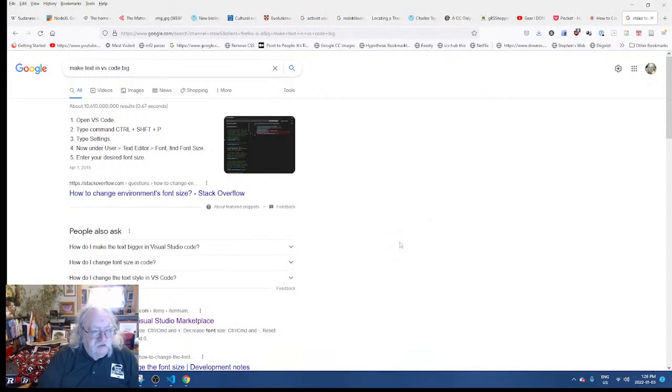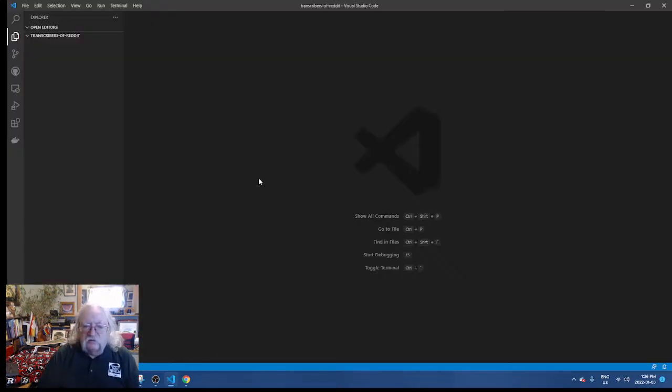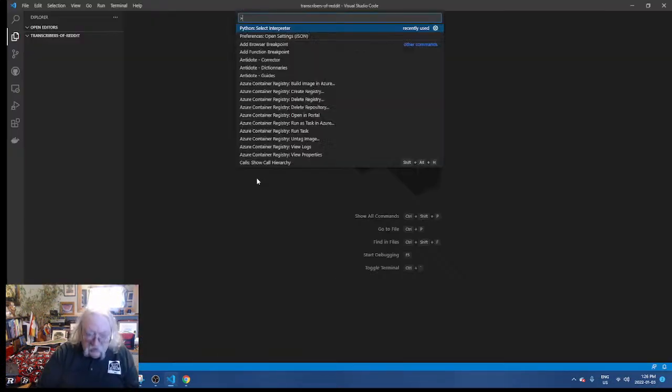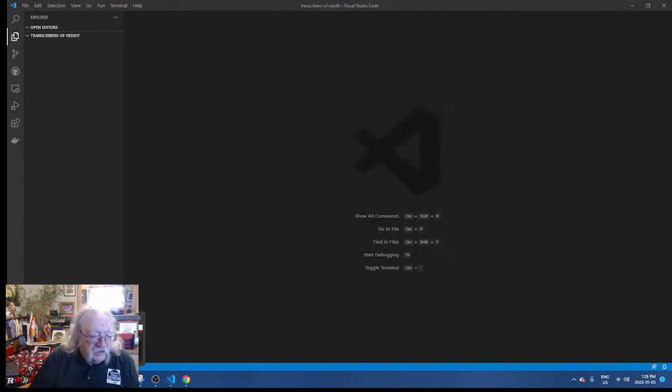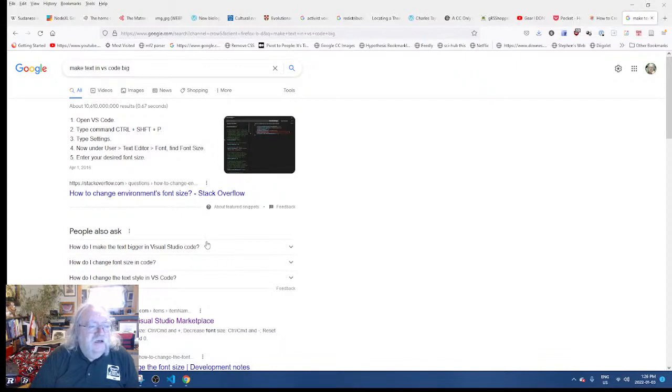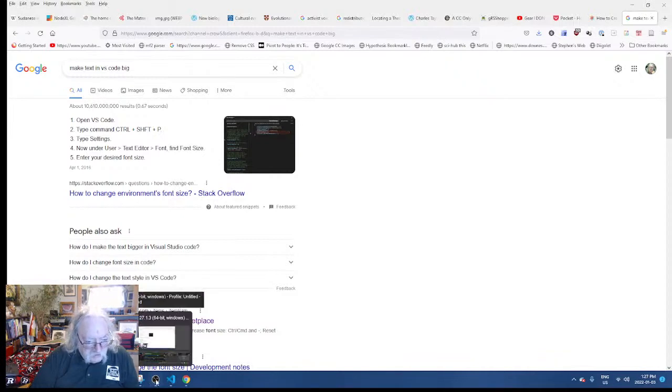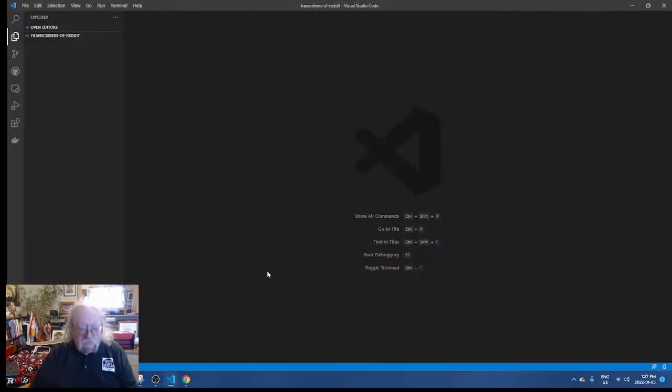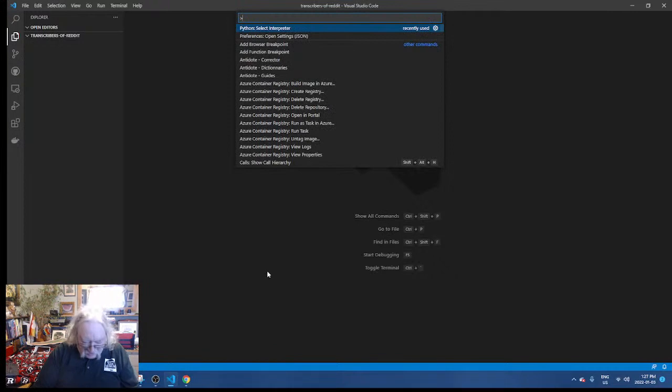Control Shift P, right, okay. I think that was it. Control Shift P, right. Oh, and then I have to go back to my instructions again. Type settings, okay, and then under user text editor, okay, so Control Shift P, I have to do that again. Type settings,